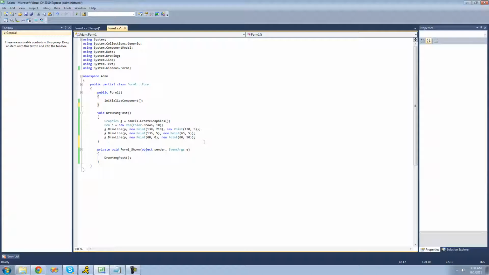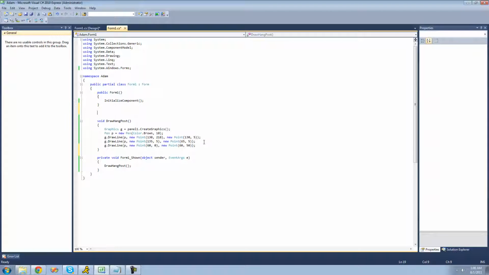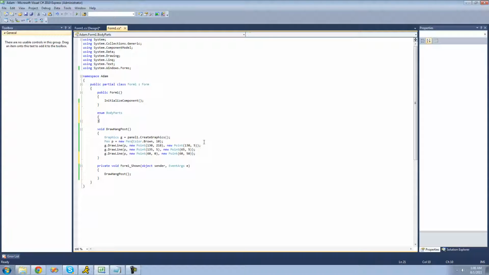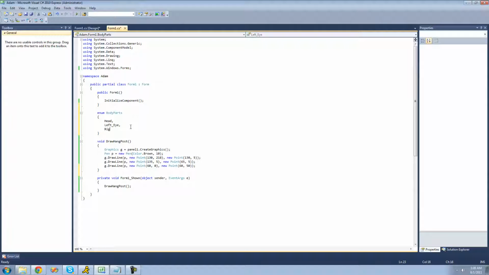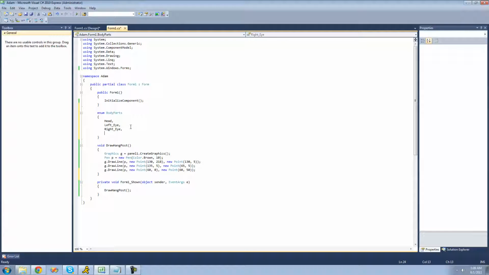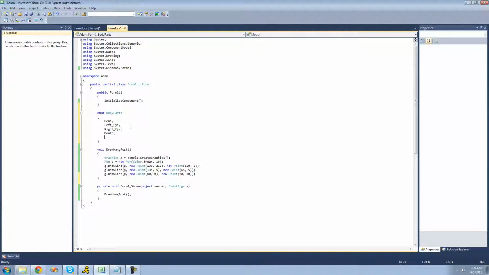Alright, so the first thing that we're going to want to do is create an enumeration to hold all of the different types of body parts that we're going to be drawing. So we're just going to type the keyword enum right here, and then name our enumeration. I'm just going to call it body parts. And inside of here, I'm just going to type out all of the different body parts for our hangman. So the first is obviously going to be the head. Then we're going to have the left eye. And remember, we can't have spaces in our elements, so we're going to have to just use an underscore instead. So left eye, right eye, then mouth,